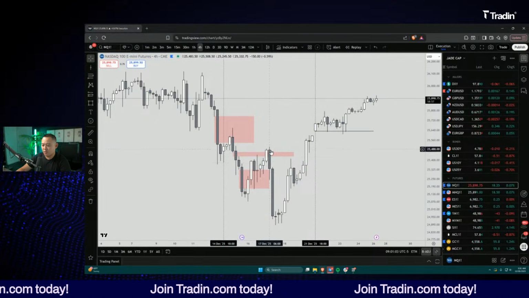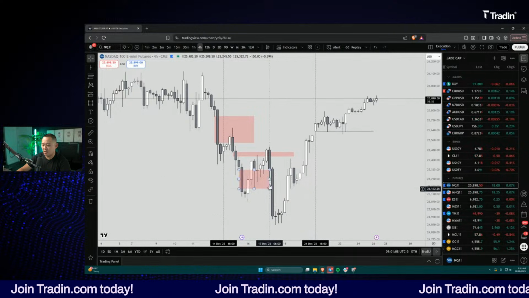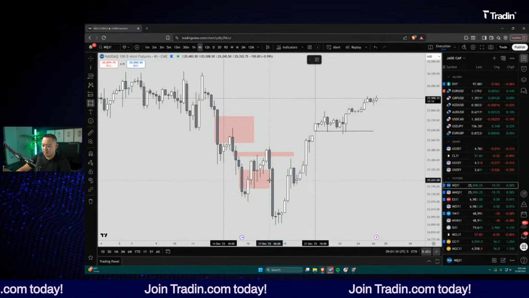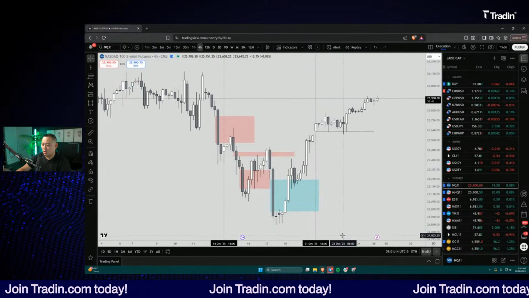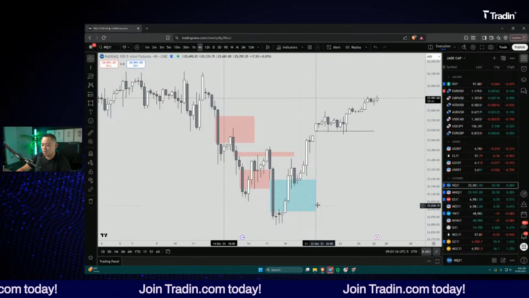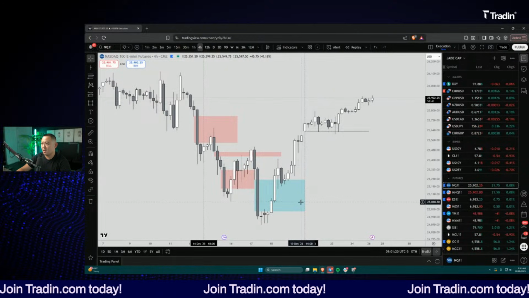Then we get another bearish engulfing candle, and then we get another run lower. And then it stalls out, and then we get this inverted fair value gap, and then it's been higher ever since. Right? So if you're just trying to study week to week, this is what you should do. You should be annotating your charts, figuring out what every single 4-hour candle is doing with context, right?